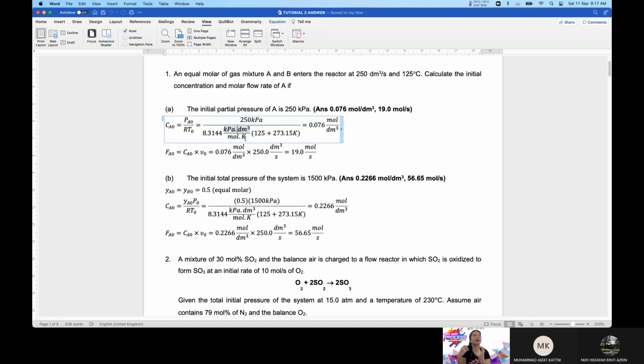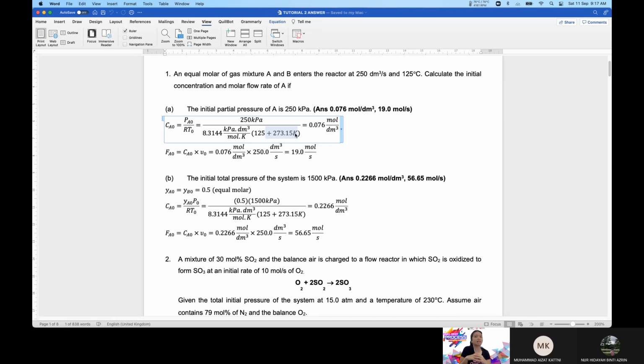So in this case, the question temperature was 125 Celsius. So means saya terus tukar siap-siap kepada Kelvin lah. So Celsius to Kelvin is very easy. You just add conversion factor dia adalah tambah 273.15 to Celsius to get Kelvin. So by doing this, in a way you save conversion factor and also you make sure unit tu dah